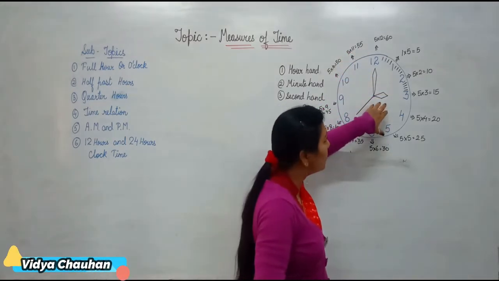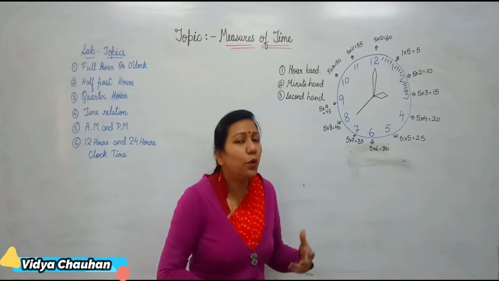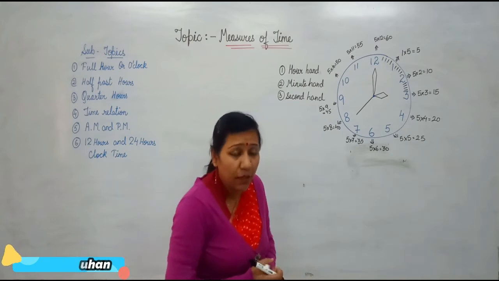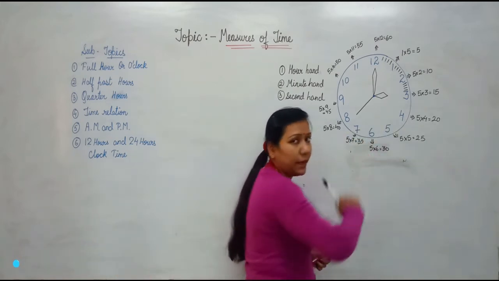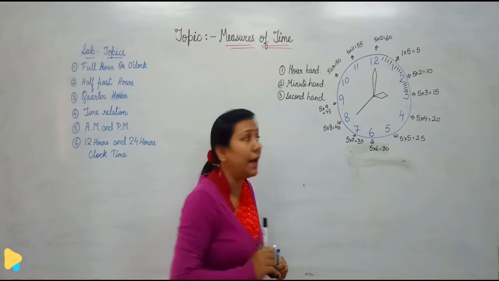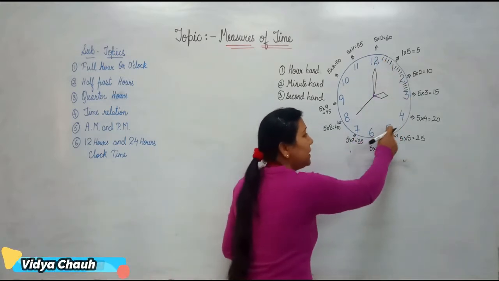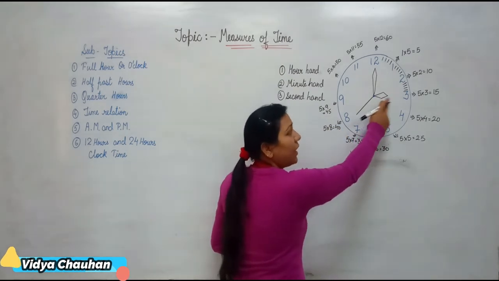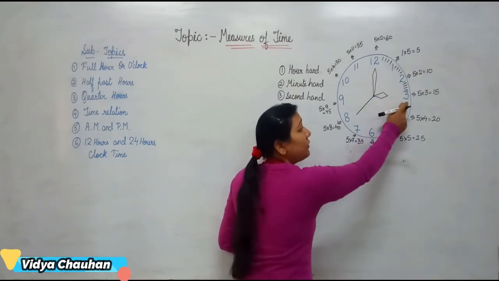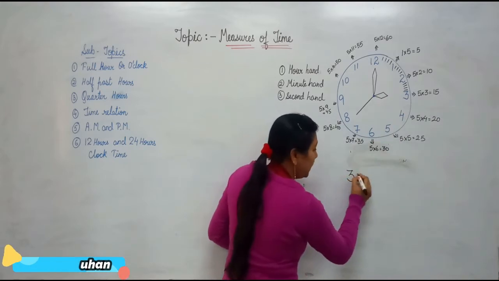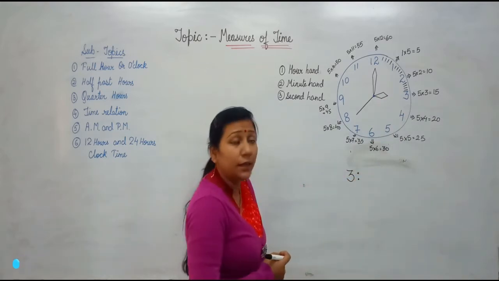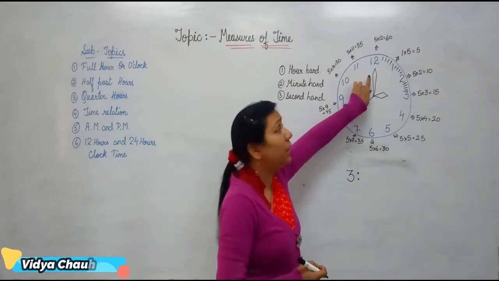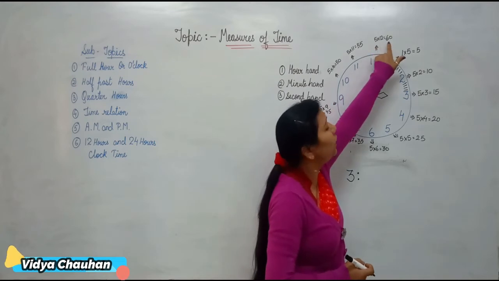Now to find out what time is there in the clock, we have to use both the values. When you are finding the value of the hour hand, you will see the values which are inside. That means if I have to find out this time, our hour hand is at 3, so I will take the value as 3. Then the minute hand is at 12, but I will not write it as 3:12. For the minute hand I will find the value which is outside.